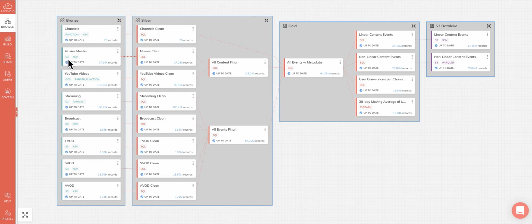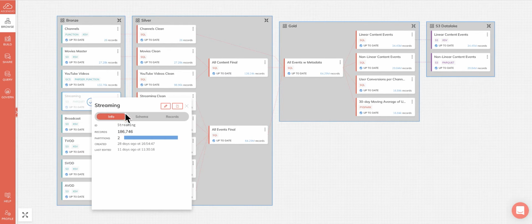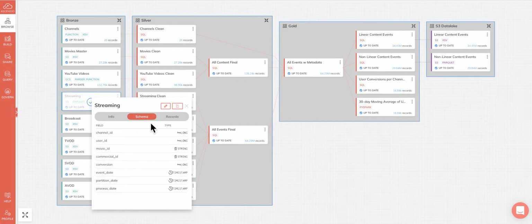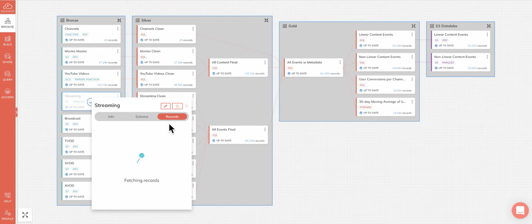The one right below it with Movies Master, we're pulling it from S3 blob store, parsing it as XSV, a superset of CSV. And the one right below, we're pulling from Google Cloud Storage. We have incremental support processing right out of the box, as well as support for schema on read. And what we can see here is that in each read connector, Ascend has decided what the schema will be. We can even take a look at the individual records to get a sense of what the data is flowing